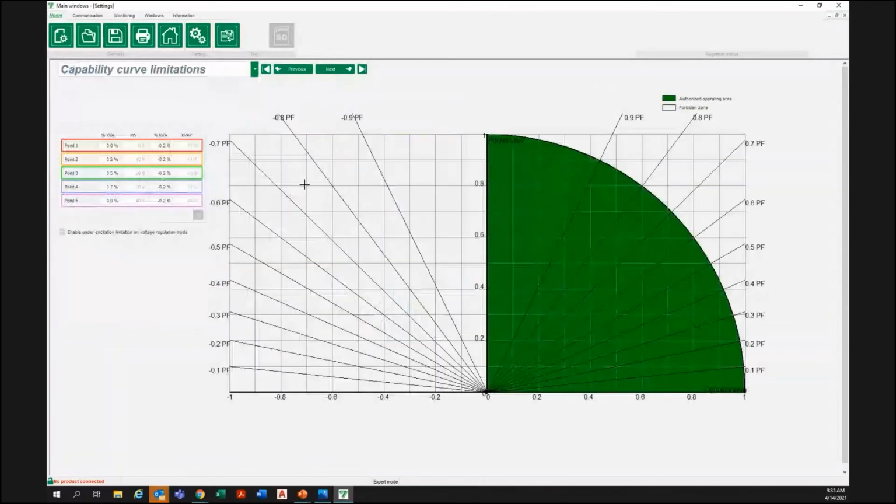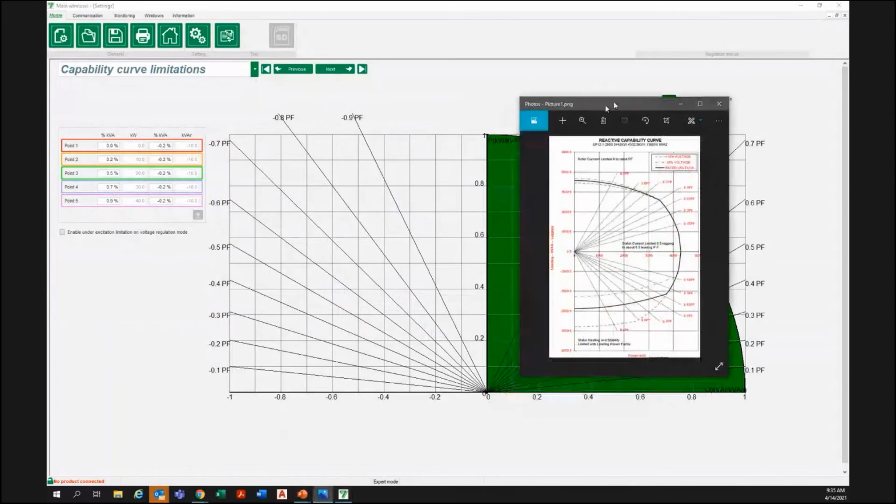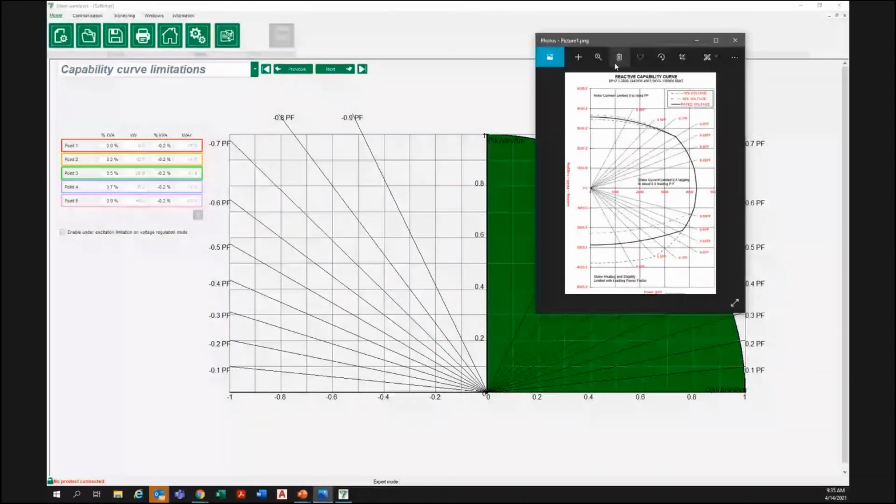So this is the reactive capability curve, and what we're going to do is recreate the bottom half of that reactive capability curve. And this is the same curve from our presentation. So what we're going to try to do is we only have 5 points to choose from. And we're going to pick the 5 points that best illustrate the characteristics of this curve. The first two points that we would pick would be the origin here and the crossing of the axis over here. So that's 2 of our 5 points.